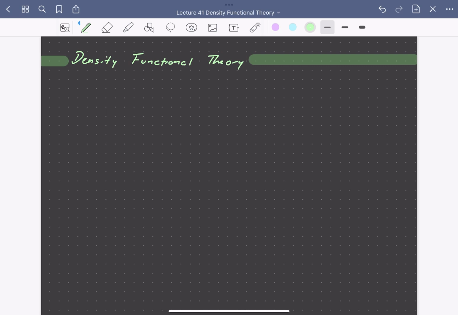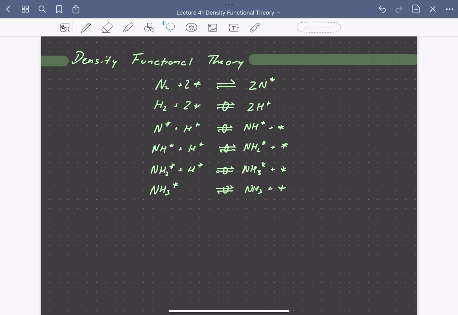Over the last unit of the course, we've seen how we can write expressions that describe the rate of reaction given a series of elementary steps. So for instance, let's say we're looking at ammonia synthesis controlled by nitrogen dissociation. So our series of elementary steps might look something like this, and then we can write a rate expression that